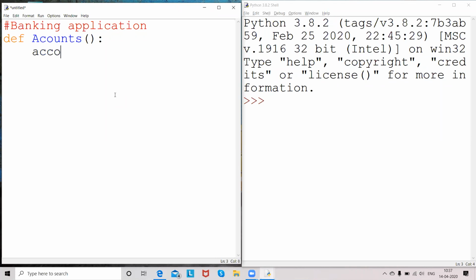So account number, so this is one variable, which is holding the account number.